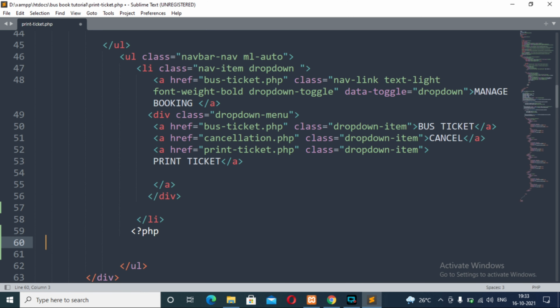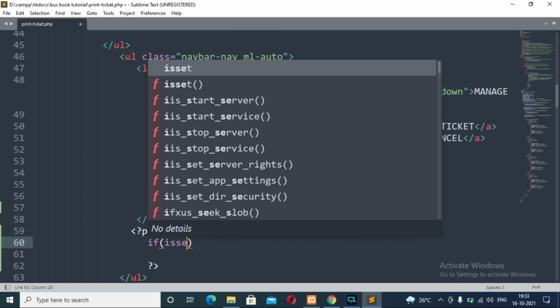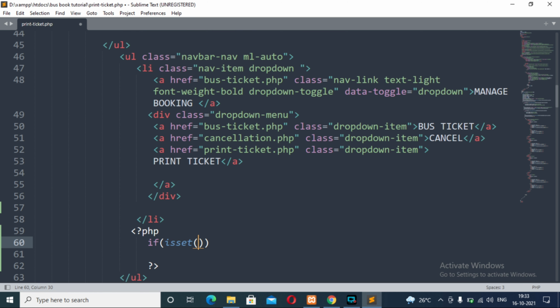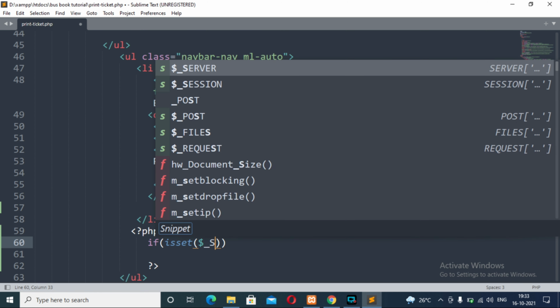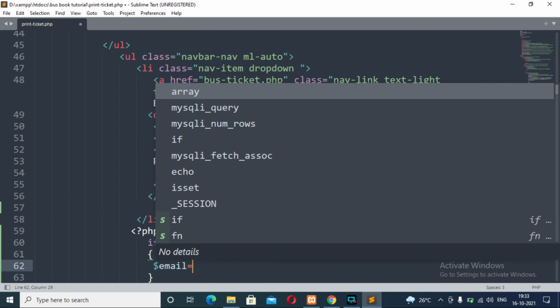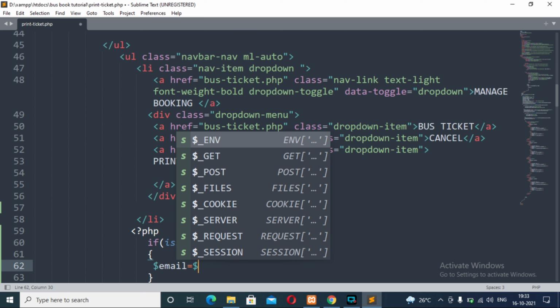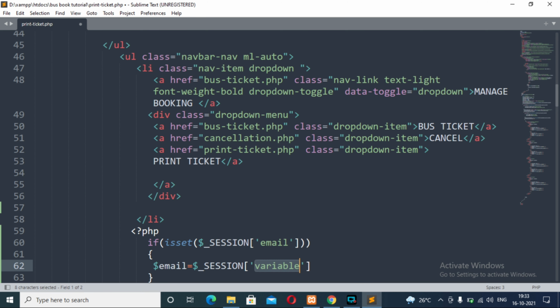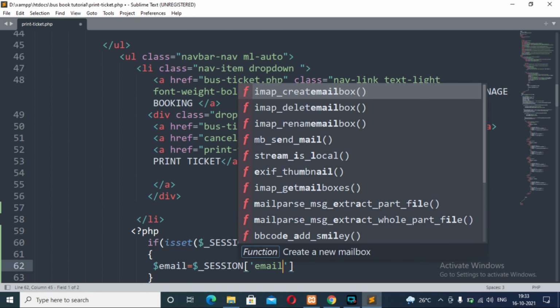I will write PHP script from here in between the HTML tag. Closing PHP tag, and in between we will have a PHP script: if it's set $_SESSION and email. So we will have the email coming from the session variable as a value, email,